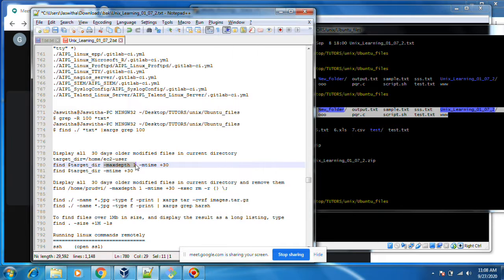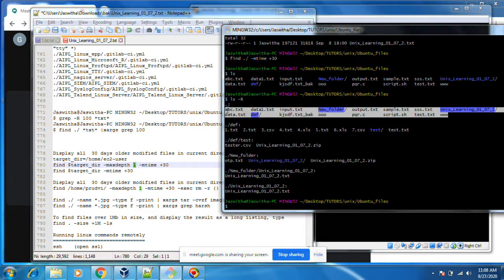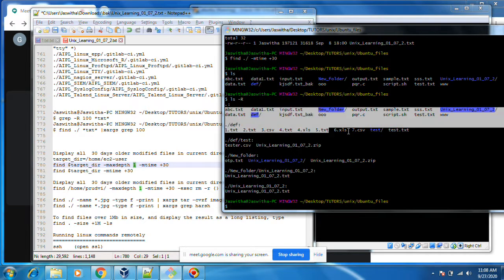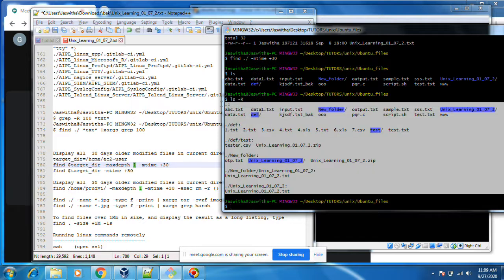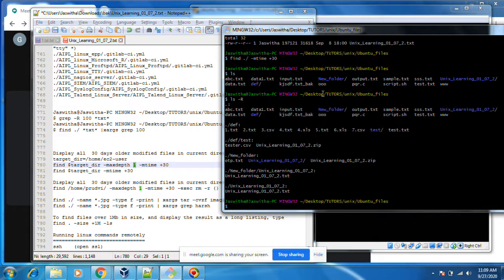If you do maxdepth 2, it will search this slash def slash new folder, until this. Whatever the next slash, only these 3 folders, only within this folder. By default it will check all. Depth means something like that.